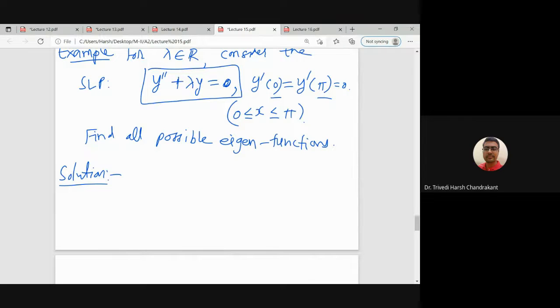Yeah, and to find the eigenfunction, we need to take different values of lambda, and we need to check whether corresponding to that eigenvalue there is any eigenvector or not. So similar to the matrix case. So since lambda is a real number, there are three cases: either lambda is 0, lambda is positive, or lambda is negative. So start with case 1, that is